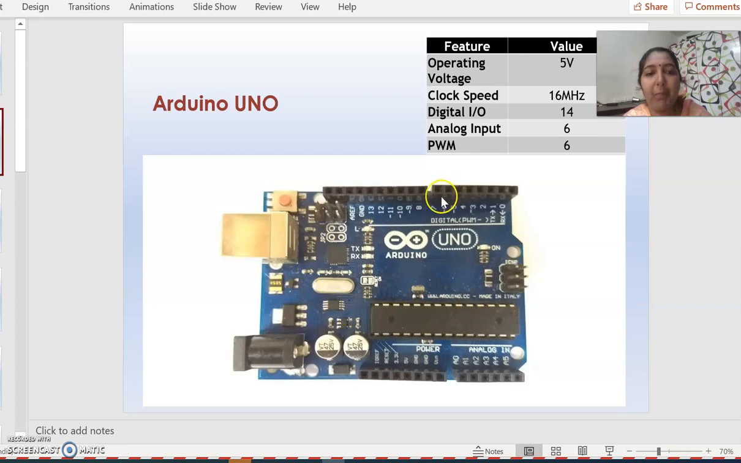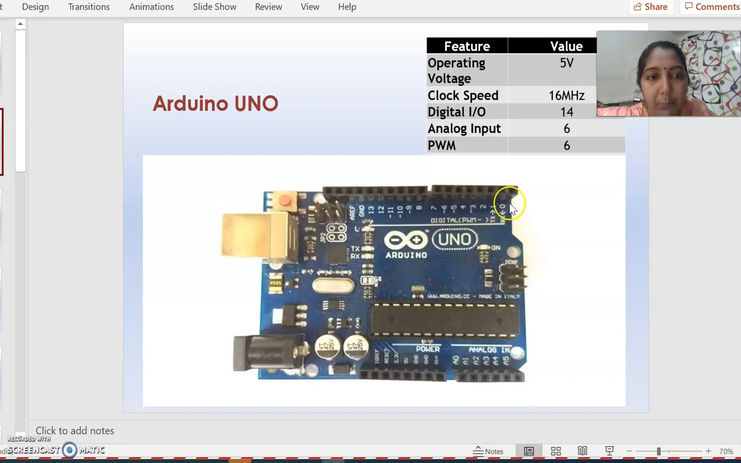And the next important things in this Arduino board are these digital pins and these analog pins. Totally we have 14 digital pins. If you observe here, the numbers start from 0 to 13. And these digital pins are used to connect the external input and output devices. But whenever you connect those external devices to these digital pins, all the information is processed in terms